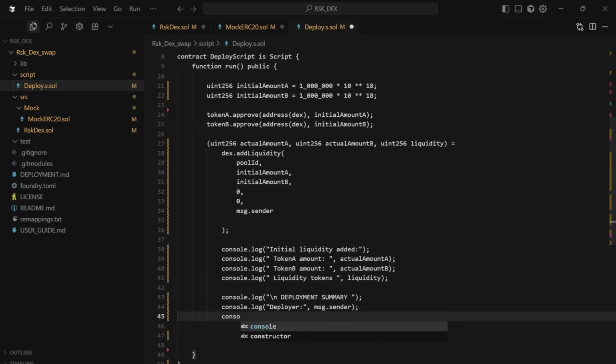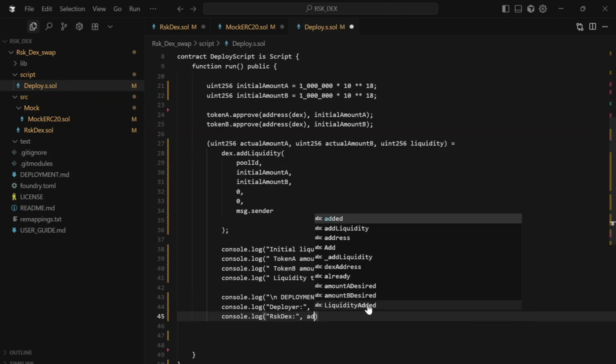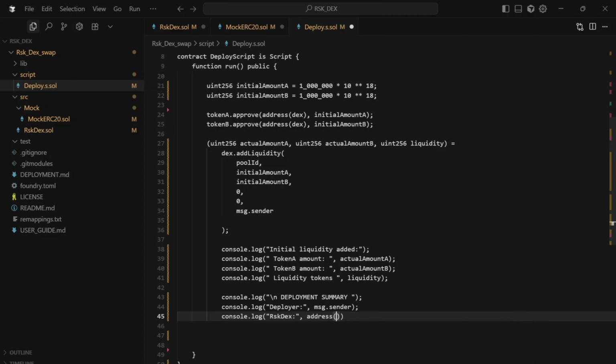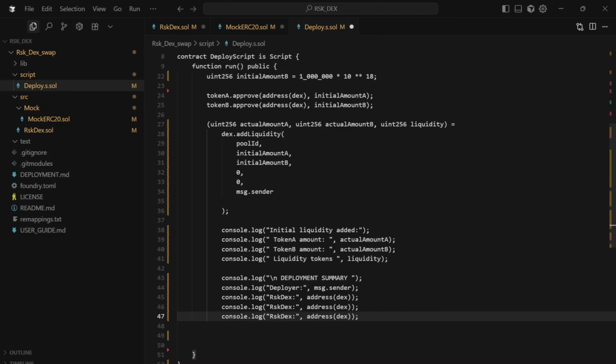And then we'll be displaying the RSKDex. So we'll be displaying the address of the RSKDex. So we'll give here as RSKDex and the address of RSKDex. We also have to go on printing the address of token A, address of token B, and the pool